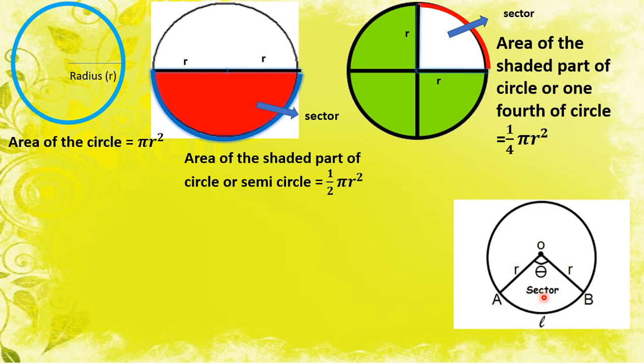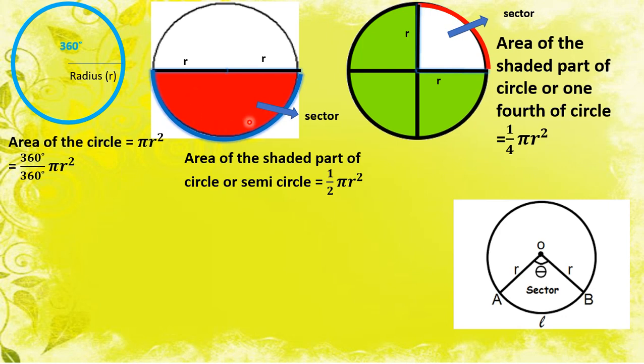Let us consider again finding the area of this given figure. In the first figure, we are talking about this circle, and the area of this circle is pi r square. Now this boundary of the circle subtends a 360 degree angle at the center, so one complete revolution is there. So we can write it as 360 degree out of 360 degree. So 360 upon 360 into pi r square is the area of the circle.